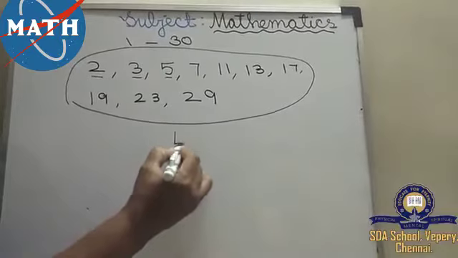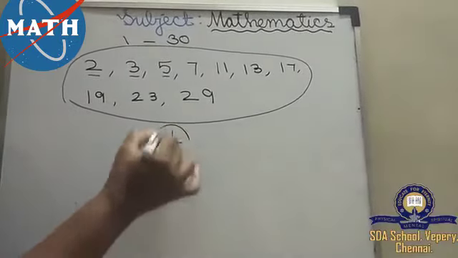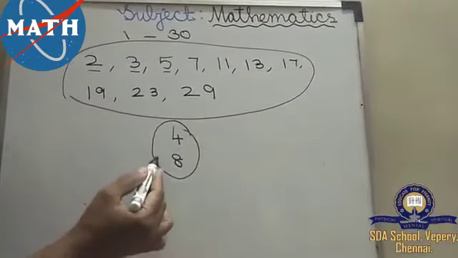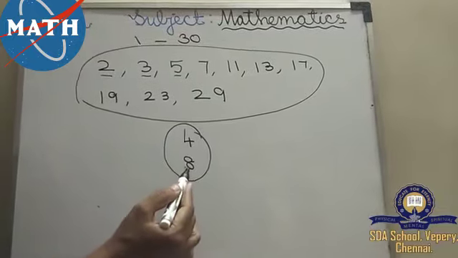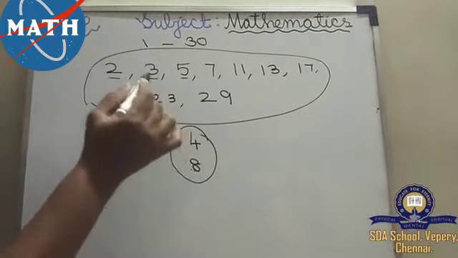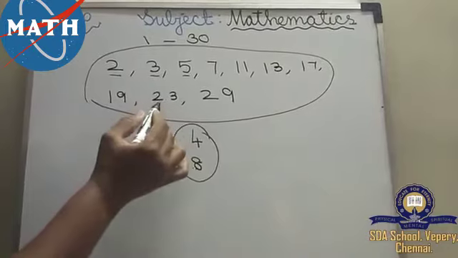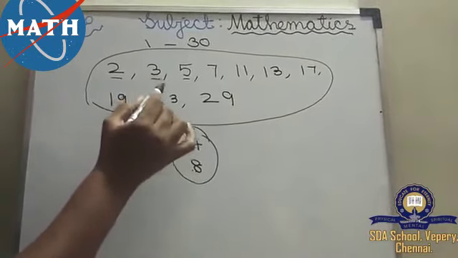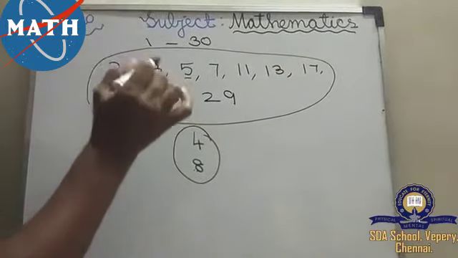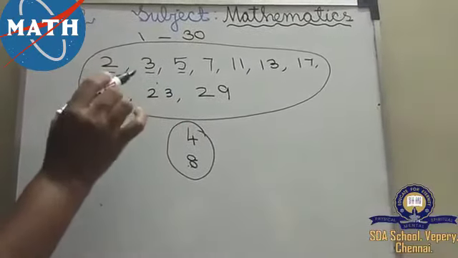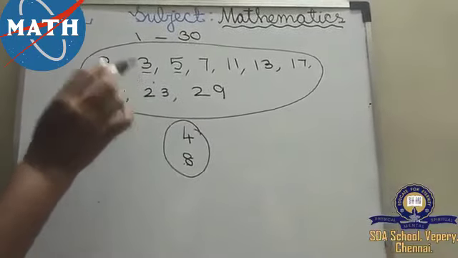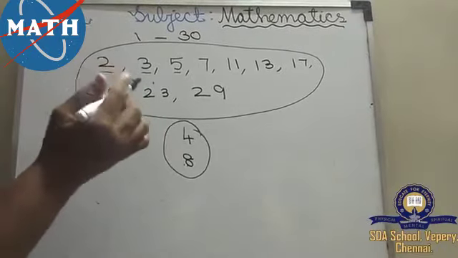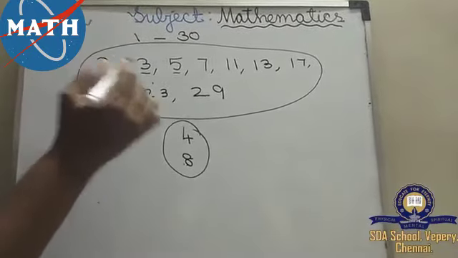Many of you have written 4, 8 and so on. These come under composite numbers, children. So you have to be thorough and careful about what prime numbers are, and write according to these numbers only. You should not use composite numbers. Understood children? We'll see in exercise 5.7 the LCM sum by the division method.